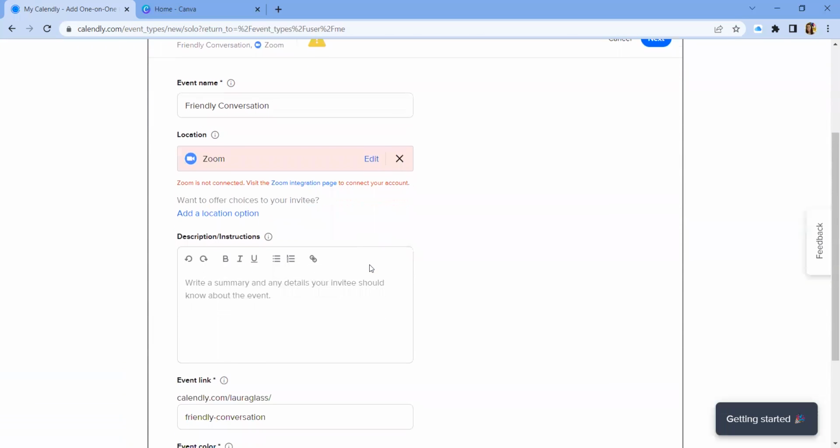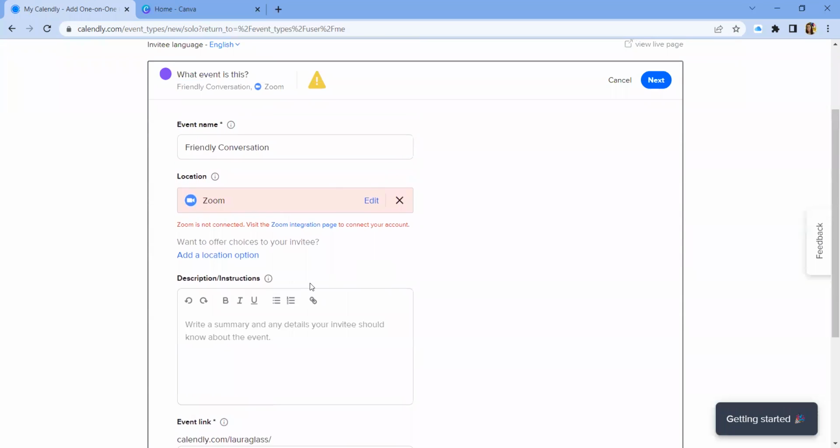Not so sure if that's a free option. I haven't tried it yet. I need to try that. But anyway, I'm not going to do that here. But for now,